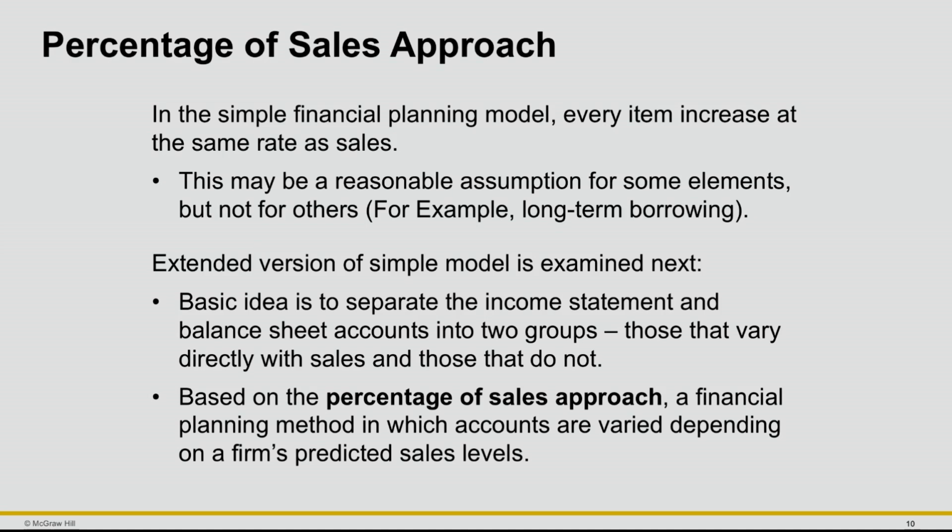All right, so we've already made some allusion, or we've already talked a little bit about this percent of sales. In fact, we've actually used it in an example already, but now let's go into more detail. So basically, what this percent of sales method says is that not only many of the items on the income statement, but many or most of the items on the balance sheet will vary directly with the level of sales.